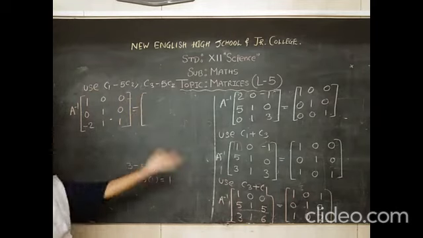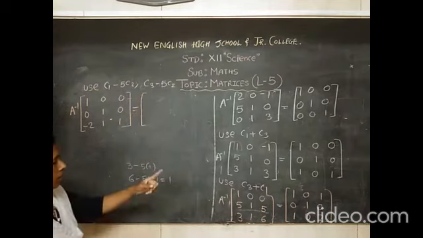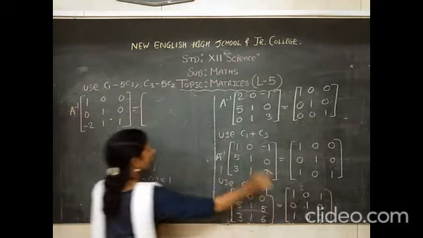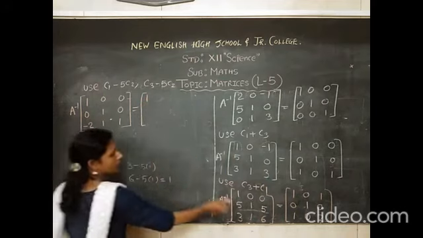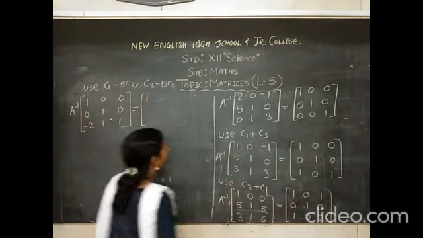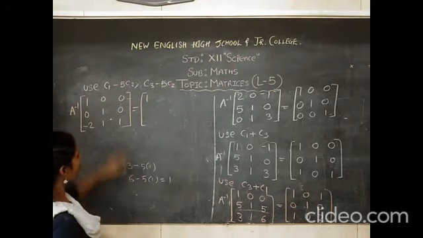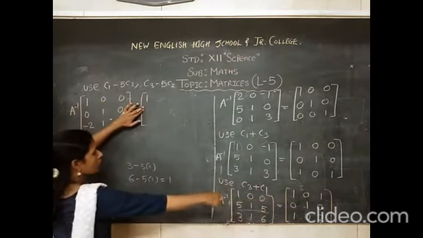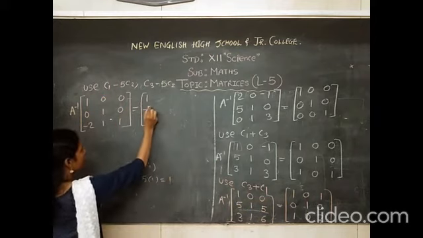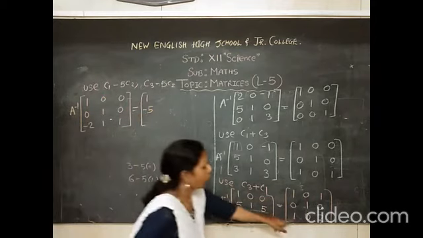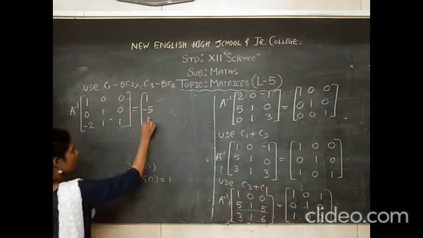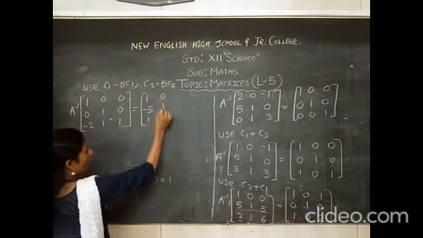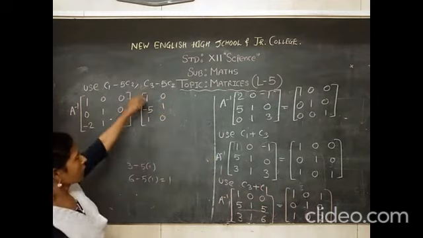Similarly, we will do on the matrix on the right hand side. C1 minus 5 times C2. 1 minus 5 times 0, 1. Sorry, it is minus. Here no change. Then 0 minus 5 times 1, that is minus 5. 1 minus 5 times 0, that is 1. Done. C2 will remain as it is: 0, 1, 0. Now come to C3 minus 5 times C2.